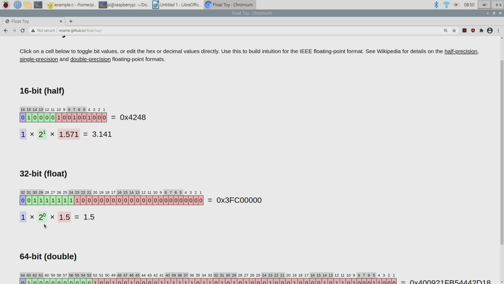Take 1 away from that. So it's 2 to the number of bits minus 1, minus 1, is how you get the bias from the number of bits. And that pattern actually continues. So for our 32-bit number here, our green bits look